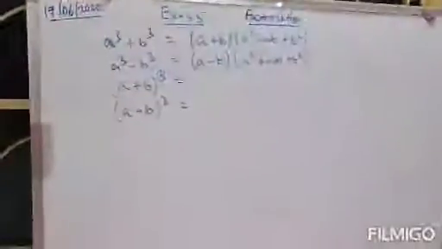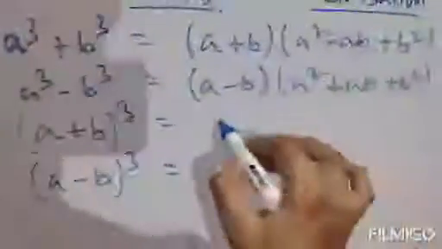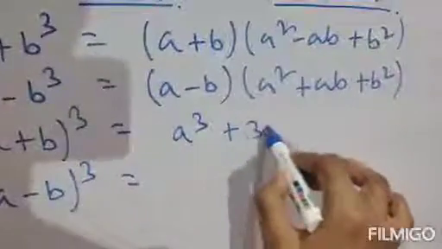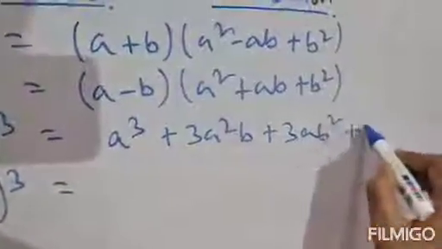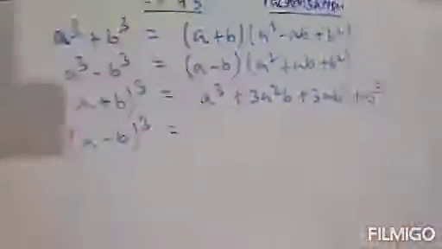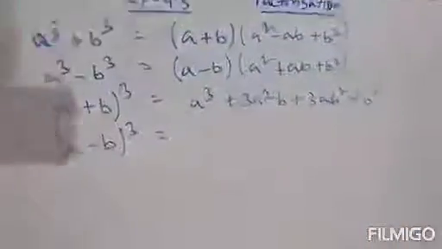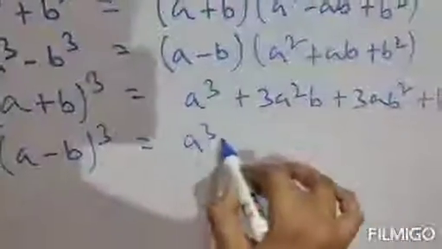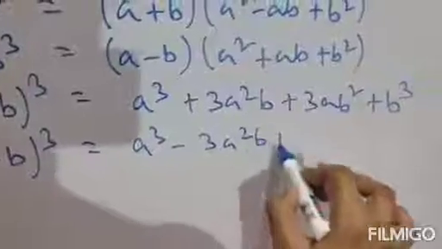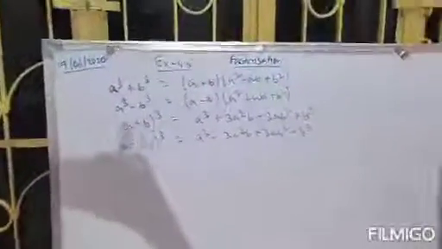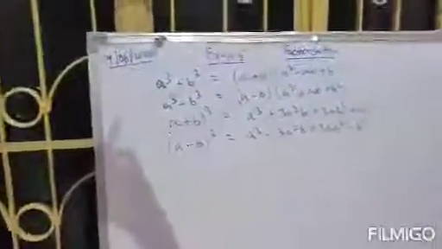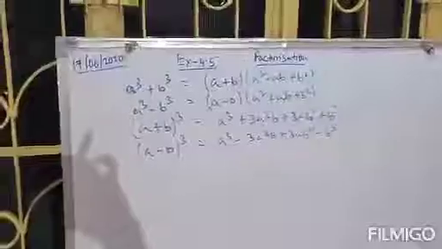So (a plus b) whole cube, the formula is a cube plus 3a square b plus 3ab square plus b cube. Clear? And (a minus b) whole cube is a cube minus 3a square b plus 3ab square minus b cube. So these are the formulas. We will use these four formulas to solve all the questions from exercise 4.5. Just write these four formulas: